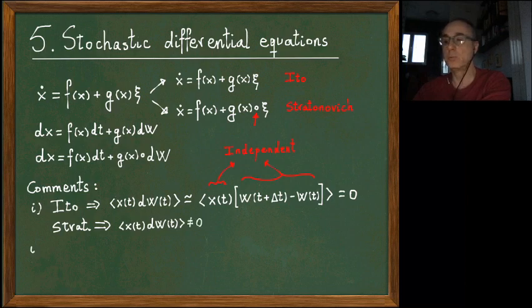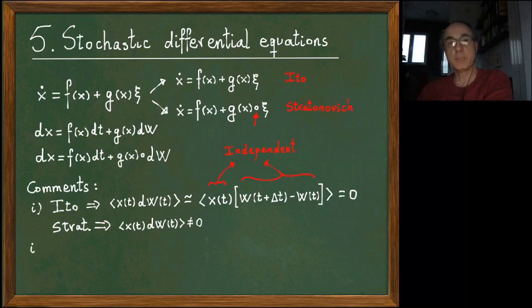And actually, there are ways of calculating this product. There is something called the Novikov theorem, but it involves a functional derivative, so it's more difficult. And in Ito, it's immediate that you can just neglect it. This is 0 for any x or any function of x. So this is very, very useful. We will use it in the following sections.